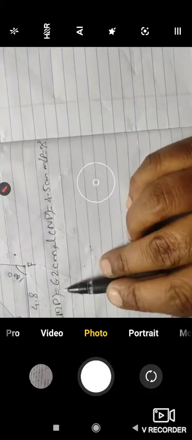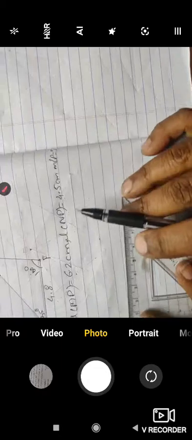Now we have to draw triangle MNP. So from this, any one side we can draw first. I will draw the biggest one here, that is MP equal to 6.2. So take a 6.2 distance and draw a segment MP. So this is my MP, 6.2 centimeter.